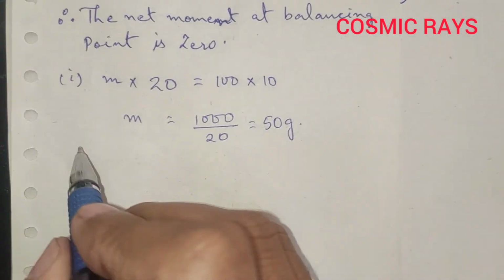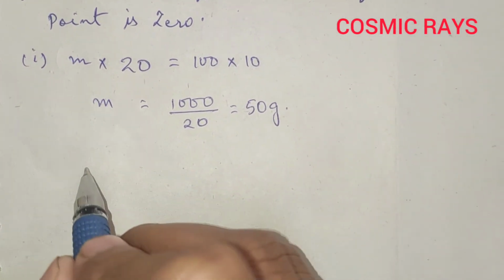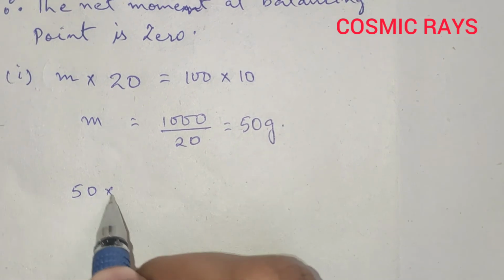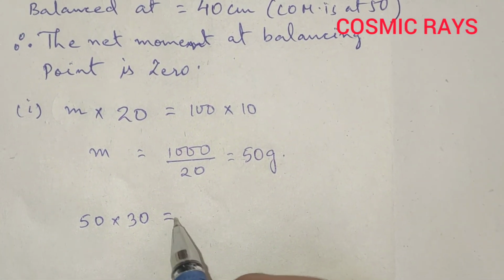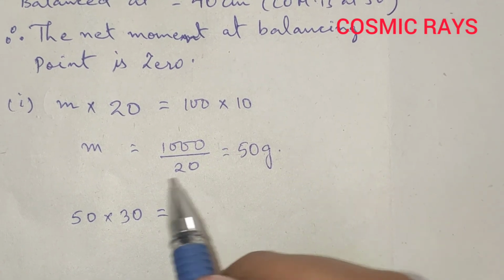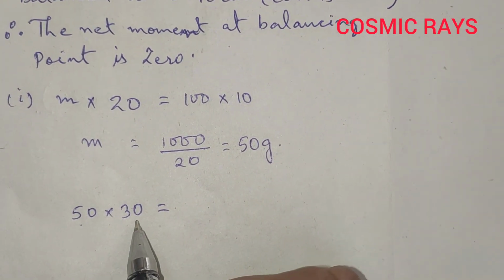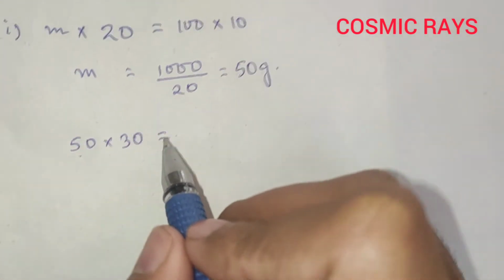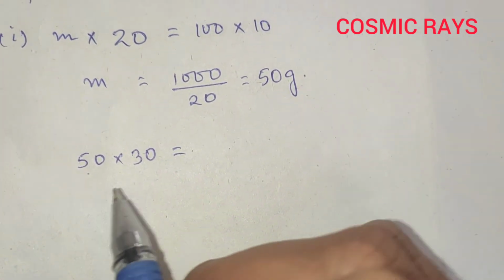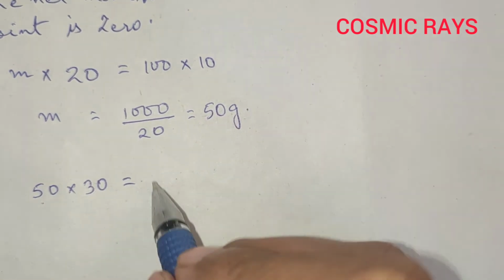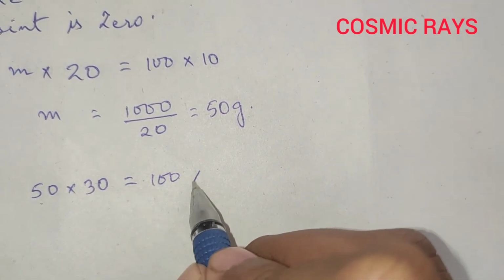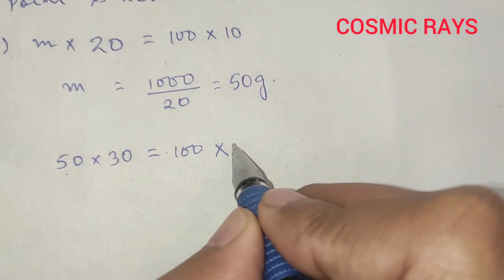Now for this balancing point we have 50 into 30 is equal to, 50 is the mass and 30 from 40 it's shifting 10 centimeter on the left, so the distance will be 30 centimeter, is equal to mass of the meter rule multiplied by the distance it has moved,